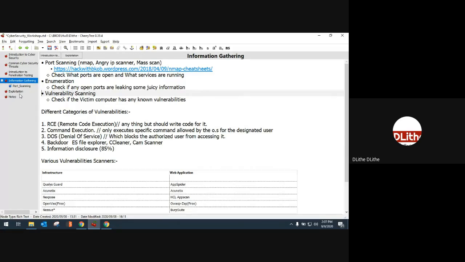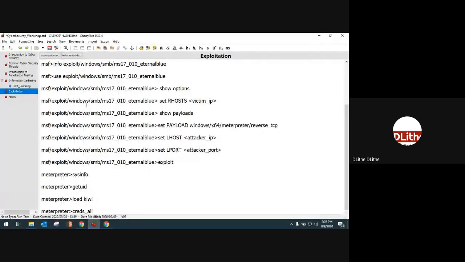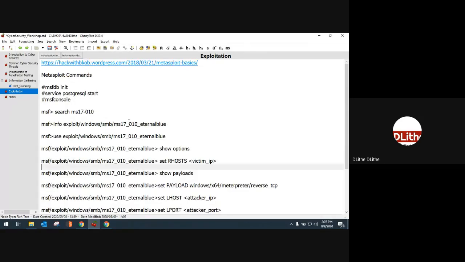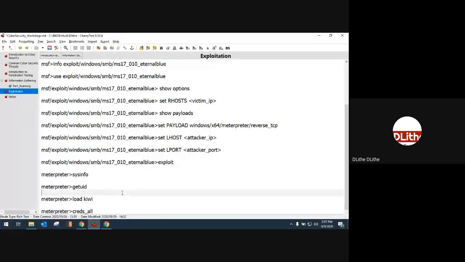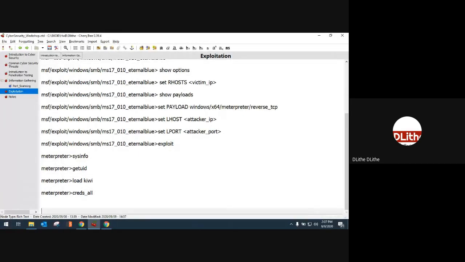Okay. So I've already shared with you all the commands that we discussed in yesterday's session. We'll be using a similar path, but the victim in yesterday's session was a Windows 7 machine, and the vulnerability was MS17-010. But in today's scenario, it's a Unix-based machine, and we do not have an exact exploit or vulnerability code over here.